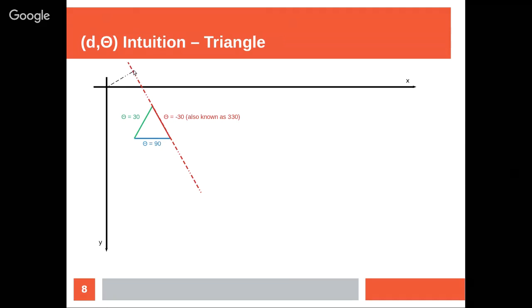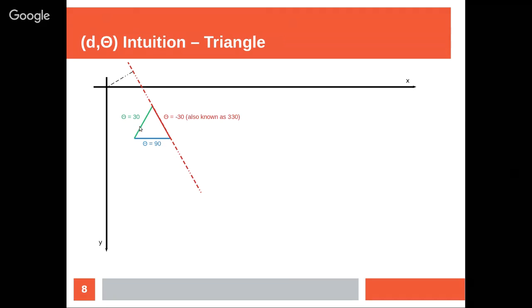put in another line here for the red. And already we start to get in some ambiguities with angle. I look at this and I think, of course, that's negative 30 degrees. But in the scheme I mentioned earlier, it's actually 330, because you have to go all the way around. And you just have to be careful with how your angles are defined and what you're getting out of Hough